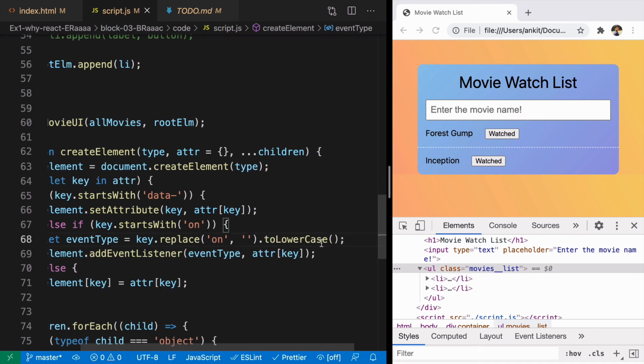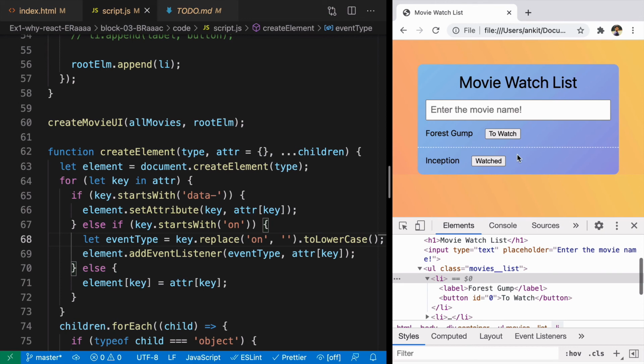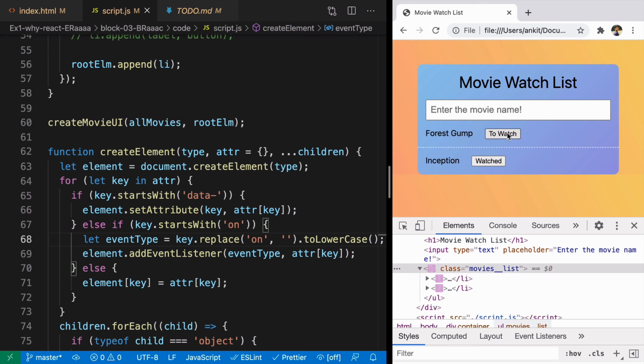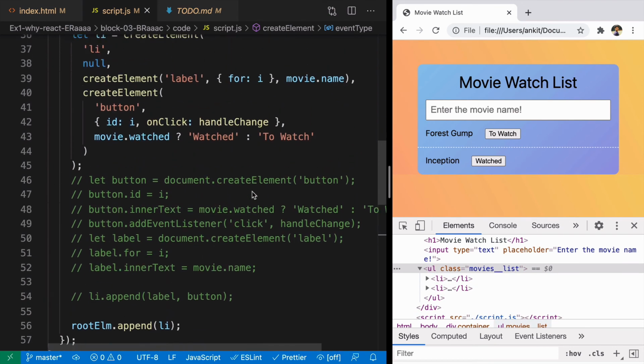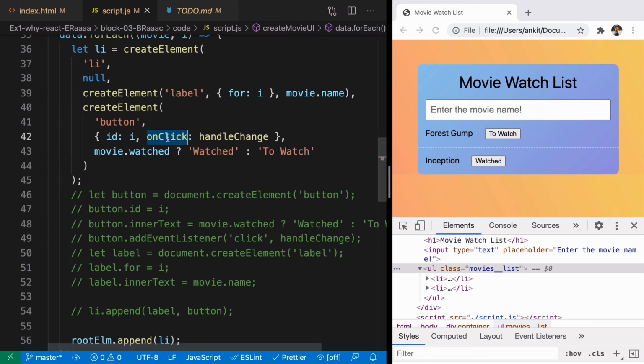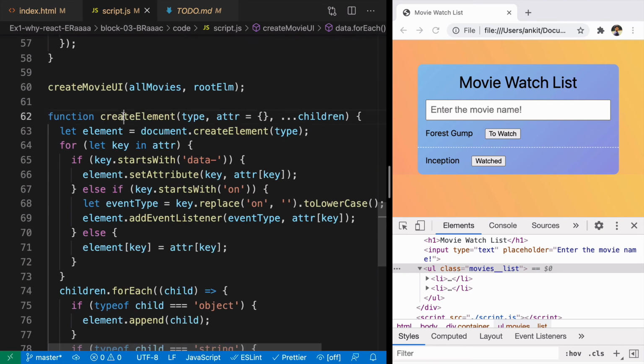So we converted Click with C uppercase to lowercase. So in that way also it will work properly. Click on it, it is working properly. And it's not like we can only add onClick event. We can add any kind of event. So now our function is a lot more powerful that can support all the attributes, children. Along with that, it can also support all the event types.